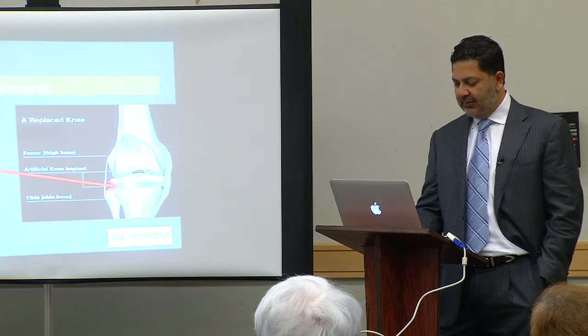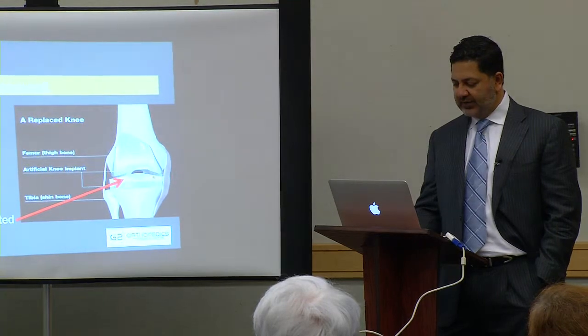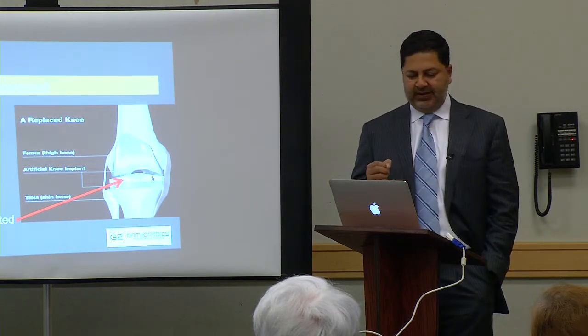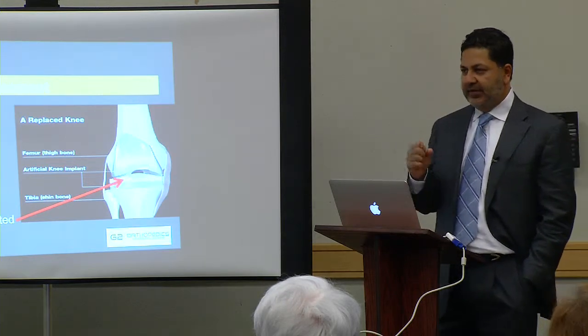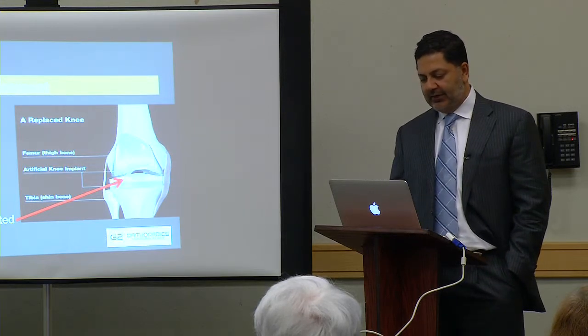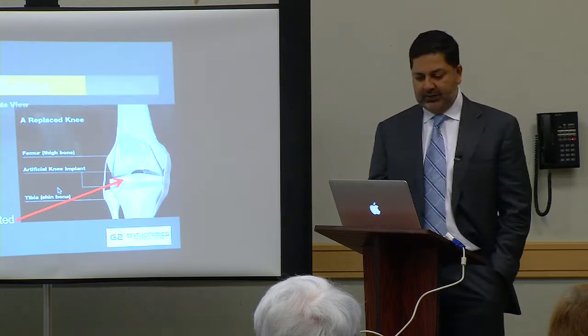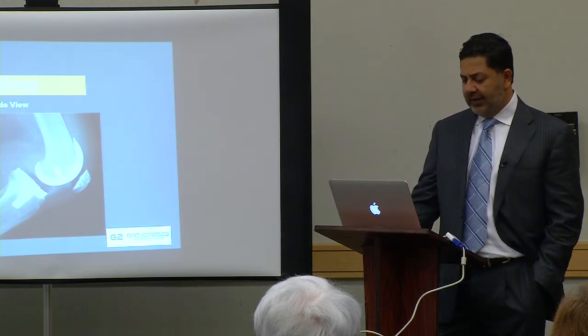We put this piece in here, and then in between you have this plastic liner that replicates the meniscus. It's a very high strength plastic, but it glides very smoothly, and it's very frictionless between the metal and the plastic. But it's metal and plastic, essentially. The metal is a titanium alloy, and